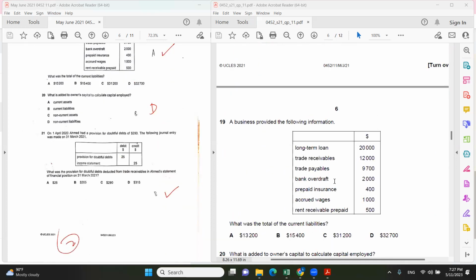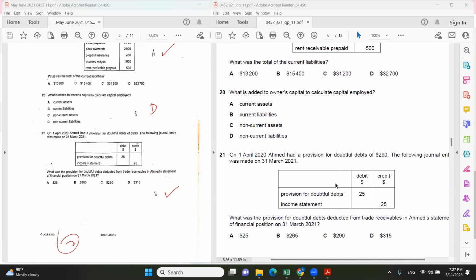Okay, question 20. Which is added to the owner capital to calculate the capital employed? The components for the capital employed, there you have two. One is the capital or the equity. This is under sole trader. This is under limited company. Another one is non-current liability. This is a fixed one. Okay. Next is that